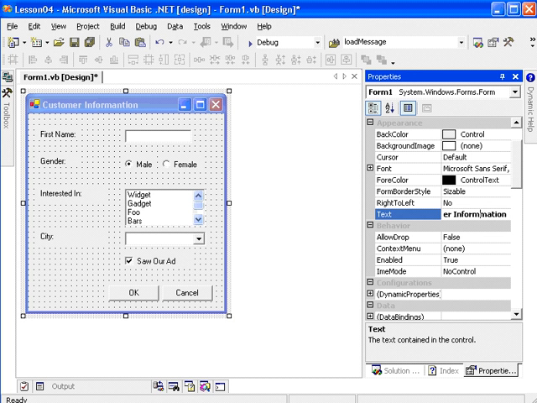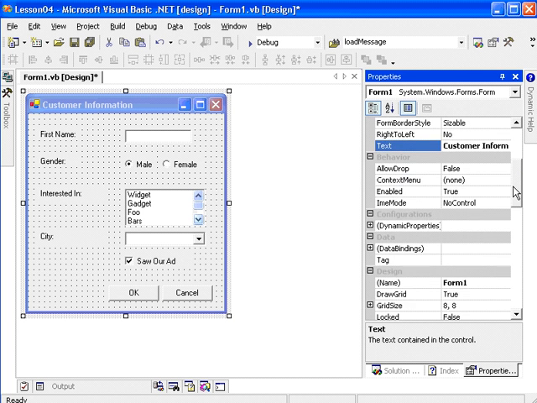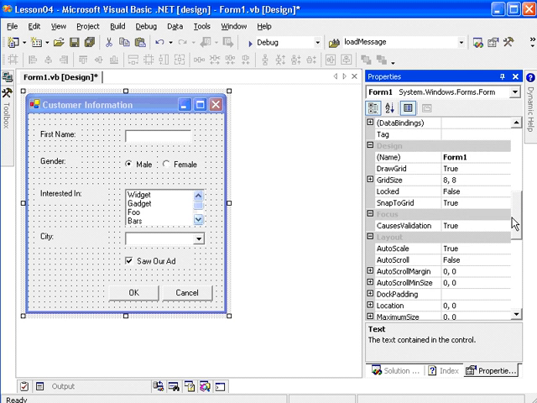And I spelled it wrong. At any rate, notice how when I click OK here, that customer information shows up in the title bar of our form. Also, we can set where the form appears on the user's screen whenever they actually run the application